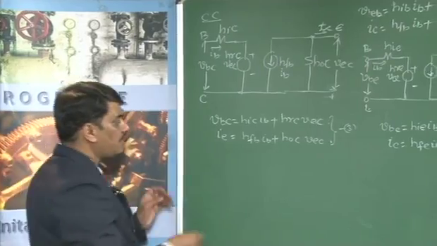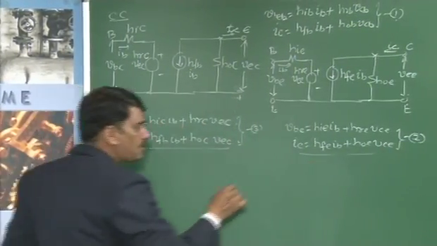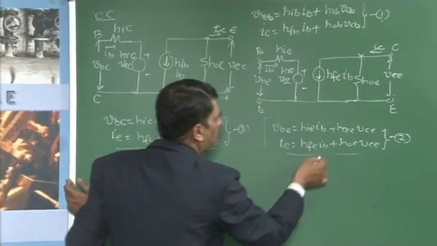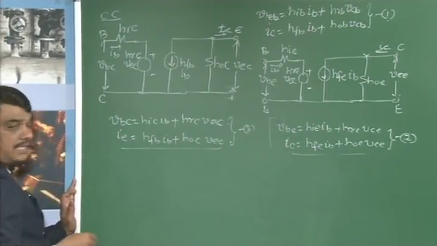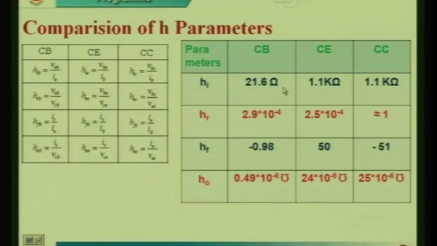Then is it necessary to analyze all the 3 circuits, or if you are remembering only one circuit, one set of equations, is it possible to link? For this we need to determine the relationship between the common emitter and common collector configuration, the common emitter and common base, and the common collector and common base configuration. It means you have to find the relationship between